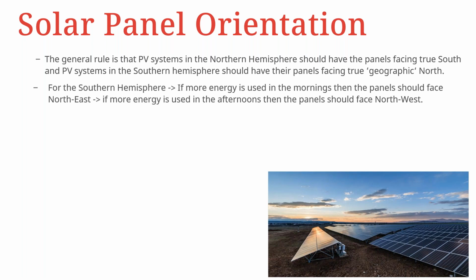And for the Southern Hemisphere, if more energy, for example, is used in the mornings, then most of the panels or modules should face northeast. If the reverse is the case, if more energy is used in the afternoons, then most of the panels should face northwest, because basically the sun rises from the east and sets in the west. So depending on the power usage per period of the day, that will determine the density of modules that would be oriented